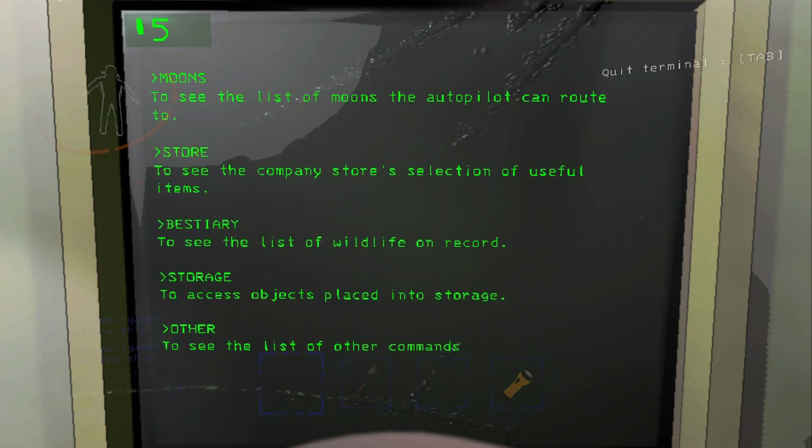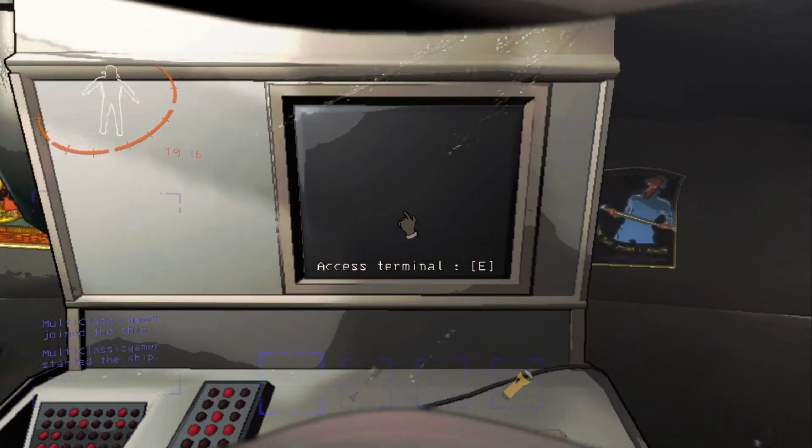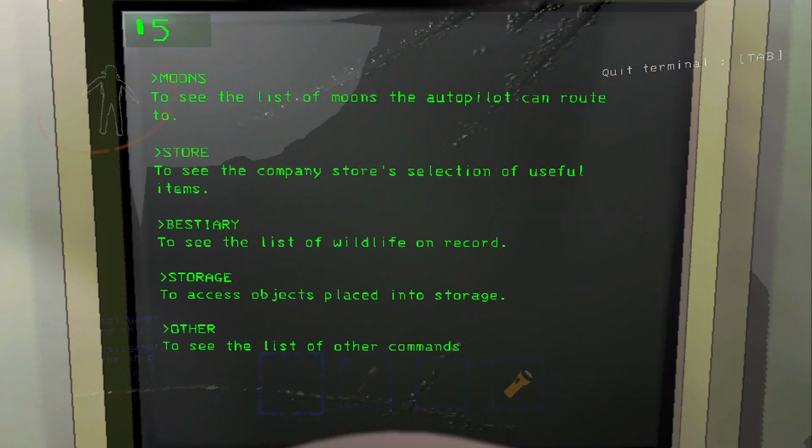whenever you see a monster, you can actually scan them using the right click of the mouse, like I demonstrated at the end of the first episode, and they will show up in the bestiary. So you type in bestiary, and you'll see, yeah, we haven't scanned any monsters yet, so you can't see them here, but if you scan them, they'll appear here, and you can learn about them. And you can also see a scan of them, too. So, yeah, we'll have to keep that in mind for when we see monsters in the next moon, which